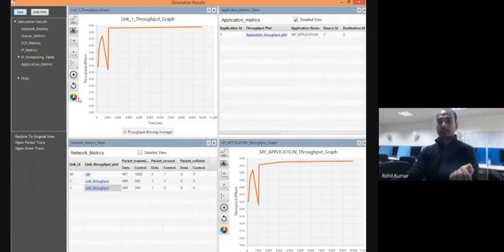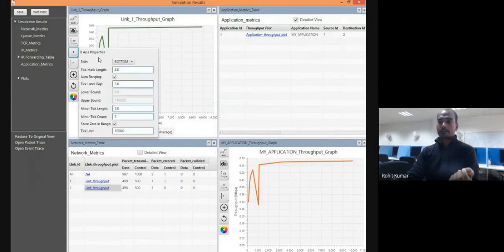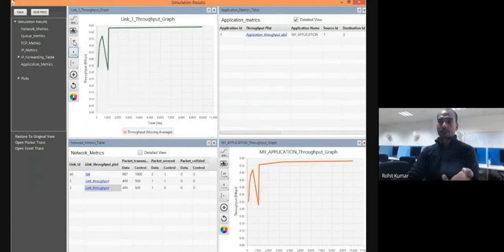If you want to change the color, etc., there is the coloring option. You want to click here. Okay, you want to make it green. You want to make it red. Similar way. Then X parameter options, Y parameters, XY parameter option. Then these chart properties, etc., and then the average. Time average you also want to see. Then it is the time average. So in this way, multiple options are there.